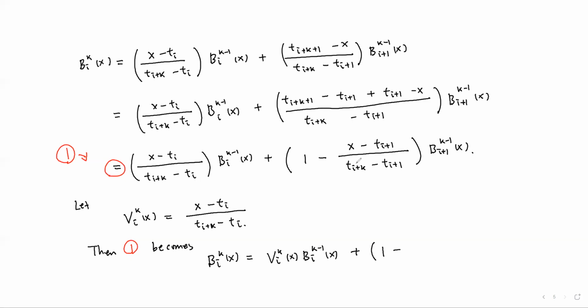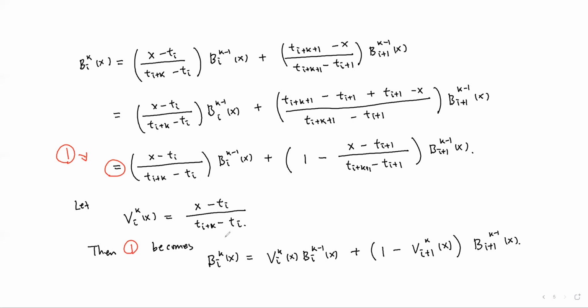Did I copy? I miss something here. Here should be plus 1. Plus 1. So this quotient, by using this notation, it is V_i plus 1, k. Yeah. So this is the definition of